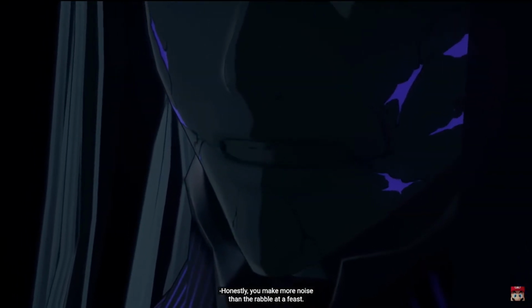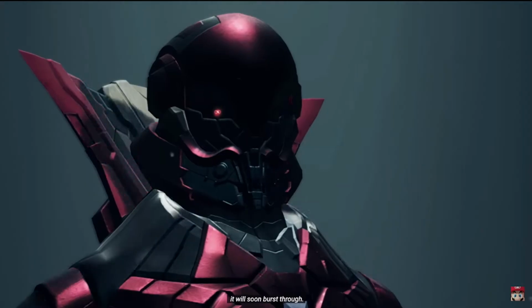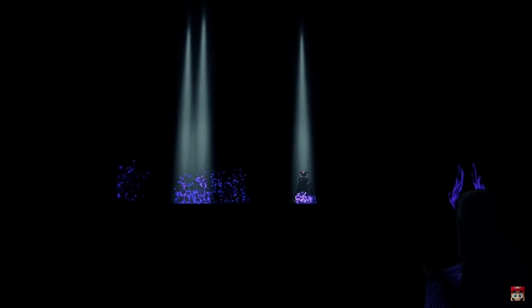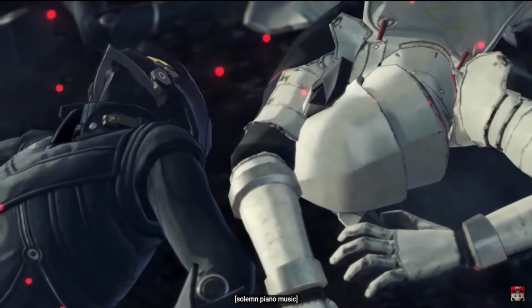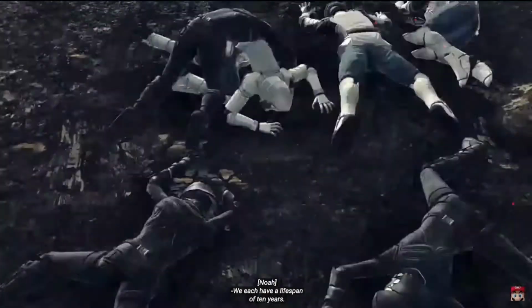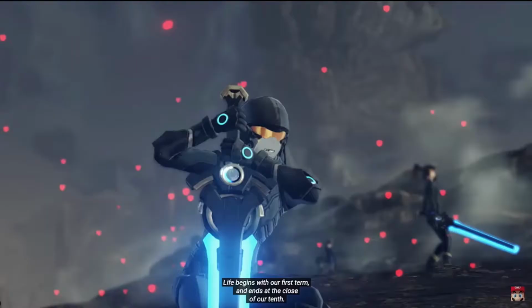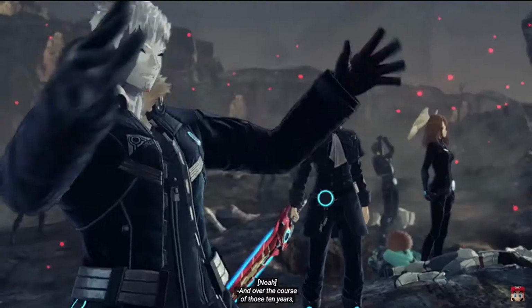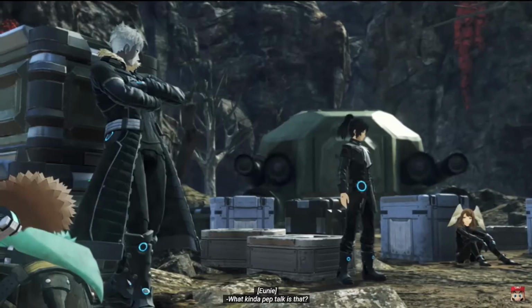The beauty of JRPGs has to be that they can be interpreted in a variety of different ways. Everyone that plays the game can have a different interpretation and different connections to certain events and characters, simply because of whatever has gone on in that person's life that allows them to make certain connections to characters or parts of a story. With Xenoblade Chronicles 3, the value of life and the pain of loss are explored heavily